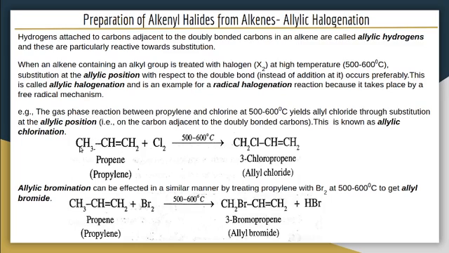A carbon atom adjacent to a double bond is known as an allylic carbon atom, and the hydrogens attached to the allylic carbon are known as allylic hydrogens. They are highly reactive because they are adjacent to a pi system. Here we have a pi electron system. When a hydrogen atom is attached to a pi electron system, it is highly reactive, so we can easily replace it with a halogen or any other atom.